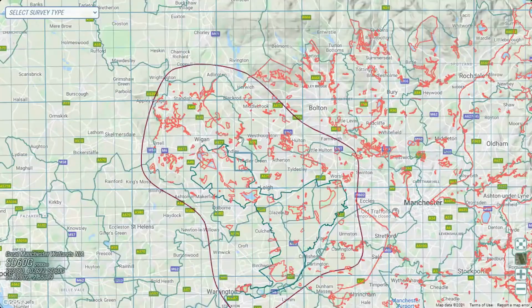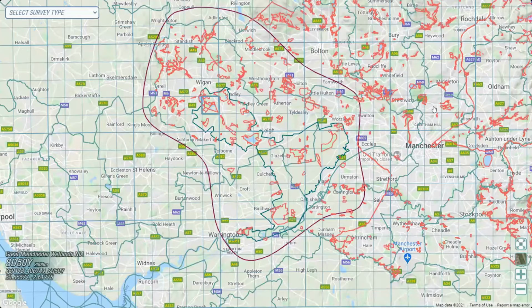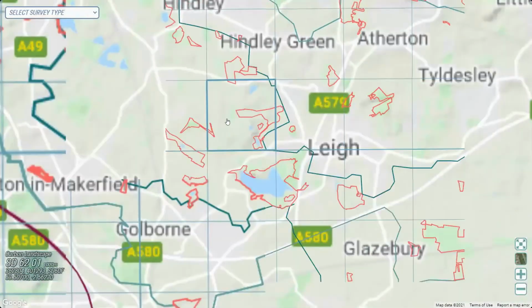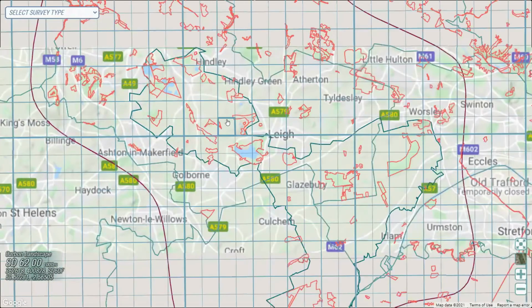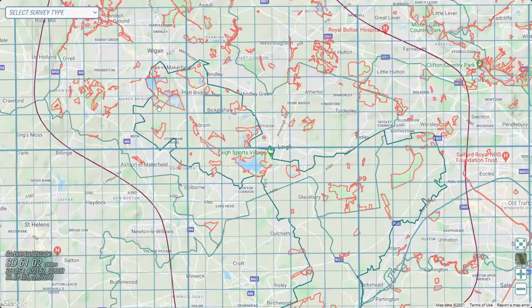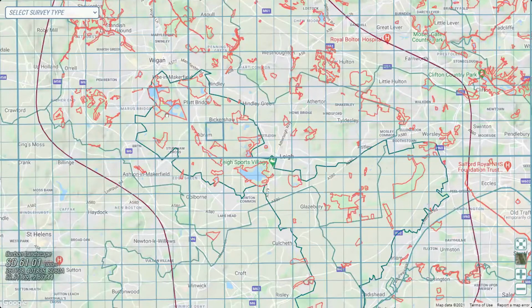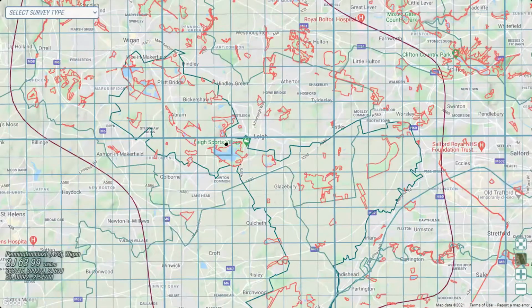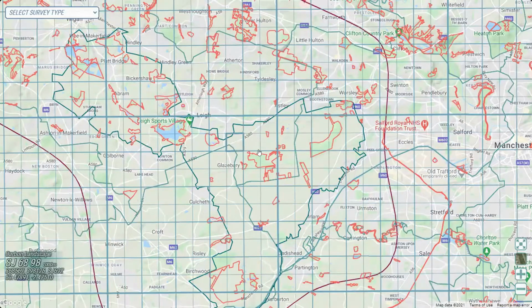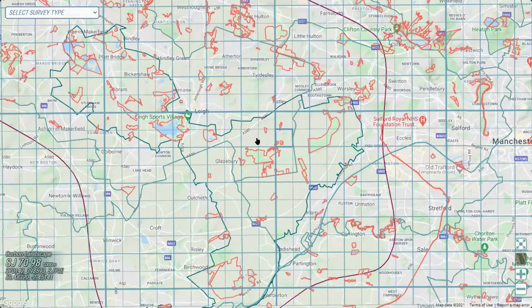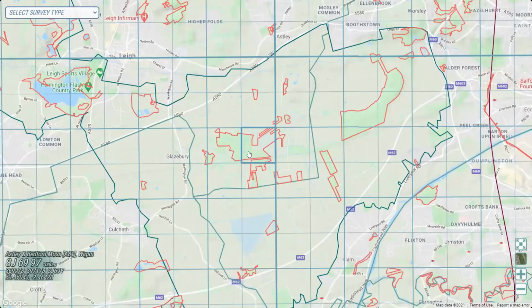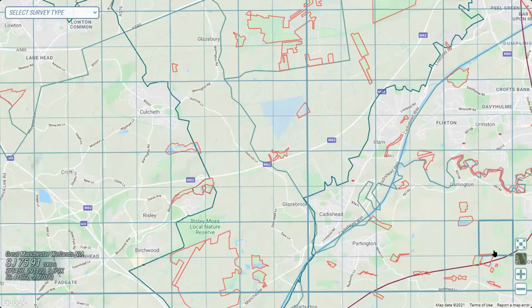So you can see this shape within the NIA boundary, and this is the boundary of the carbon landscape itself. So it starts up here in the Wigan Flashes. We've got this corridor that comes down through Wigan, through the Abram Flashes, Pennington Flash, and then we move across onto the mosslands. So up here in Wigan, we've got Astley Moss, and then as we come down here, I'm just going to switch this